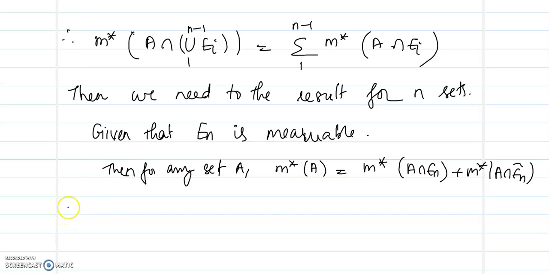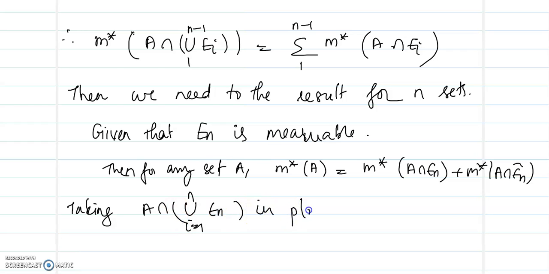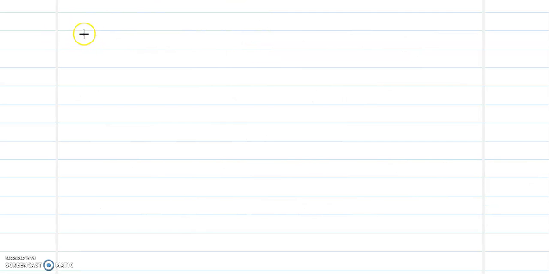So taking A intersection union i equal to 1 to n Ei in place of A in the definition, let us see what happens to the definition. അപ്പോൾ En measurable ആണ്. അപ്പോൾ നമുക്ക് A ക്ക് പകരം A intersection union i equal to 1 to n Ei ആണ് എടുക്കുന്നത്. So let us substitute the value of A. So you will get m star of A intersection union 1 to n Ei that must be equal to m star of A intersection